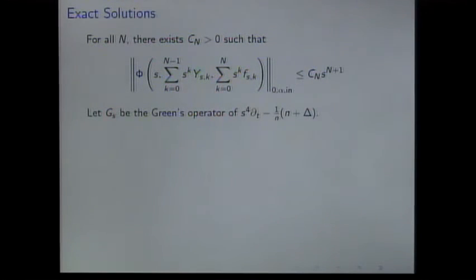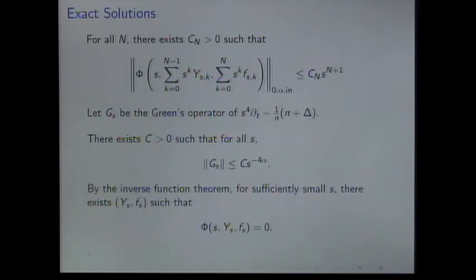Then you let G_s be the Green's operator of this thing here. This is time dependent. This is a scale-dependent thing. You can show that the norm of G_s is bounded by s to the minus 4 alpha. So it goes to infinity, but frankly, it does not go to infinity that quickly. And you just choose a sufficiently large value of n to ensure that the error is small. You don't even have to go very far to get something which works.